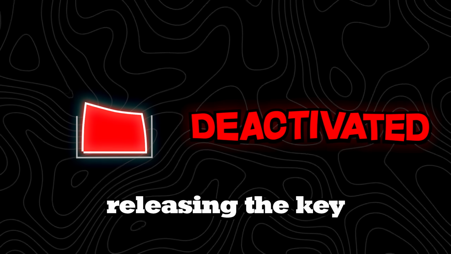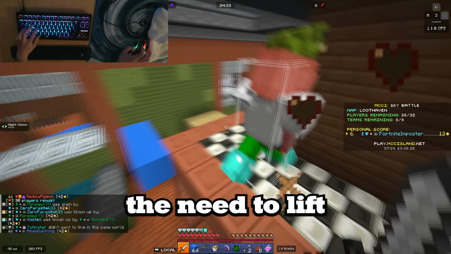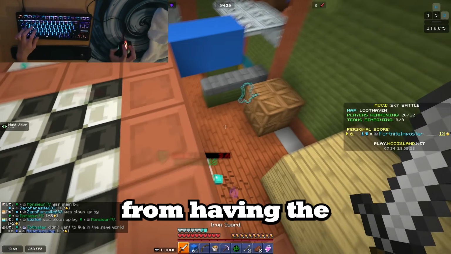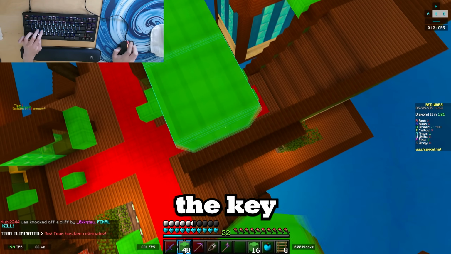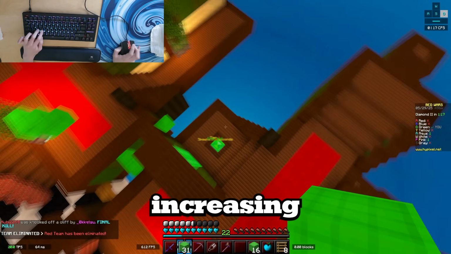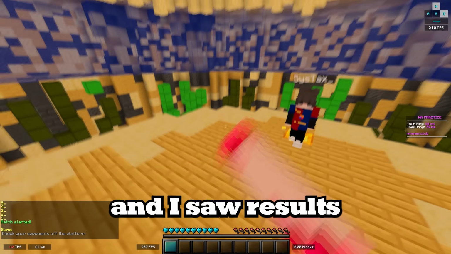You start releasing the key and it deactivates immediately, even though the key itself is still pressed most of the way down. Rapid Trigger eliminates the need to lift all the way off of the key to deactivate it without stopping you from having the lowest actuation point possible. Put simply, the keyboard predicts that you're trying to release the key and deactivates it before you can even finish the movement, massively increasing response time. This means that you get the fastest response time for both pressing and releasing a key,